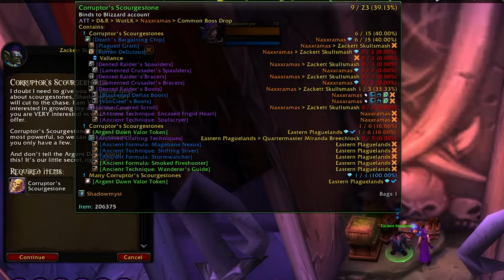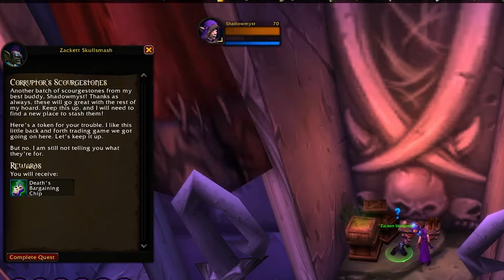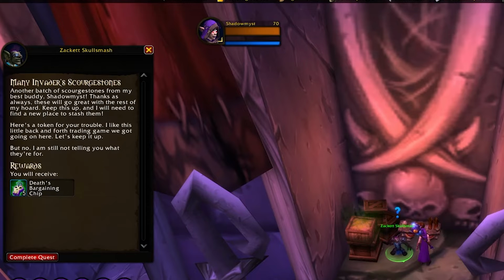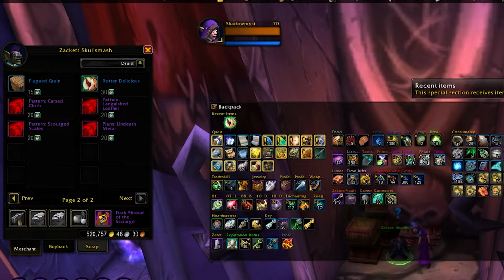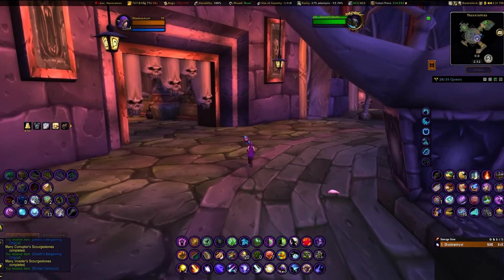Oh, I have one. Which would just get you one. I prefer to hand them in bulk. I like that, so I'm just gonna hold on to that one. So we have 25, right? Okay, so this will get us our last batch. So now you're gonna buy the Rotten Delicious. Goodbye our hard-earned currency. Okay, so